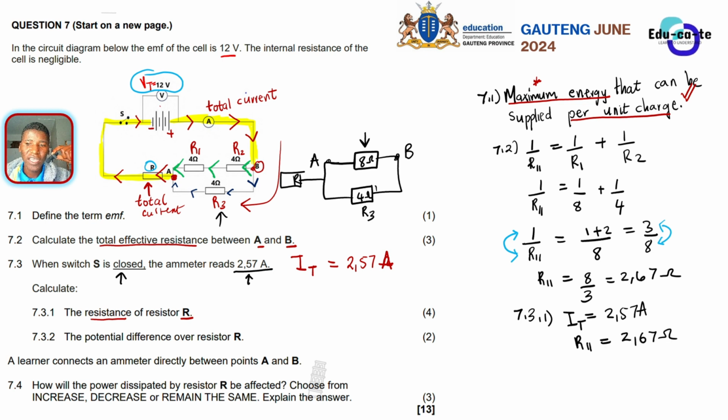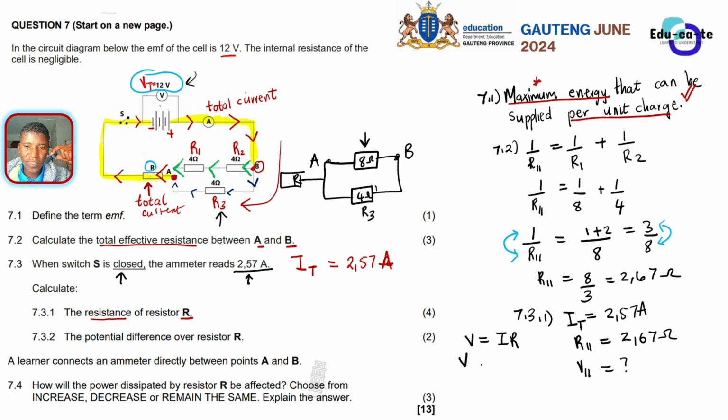All right. So here we can calculate the voltage across this parallel combination, because when we combine that voltage plus the voltage in resistor R, the one in series, we must get the total, which is 12 volts. So we can use Ohm's law and say that V equals I times R. And here we're looking for V parallel.